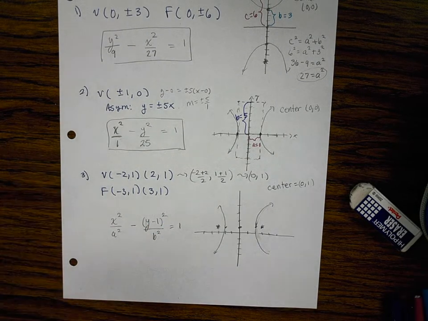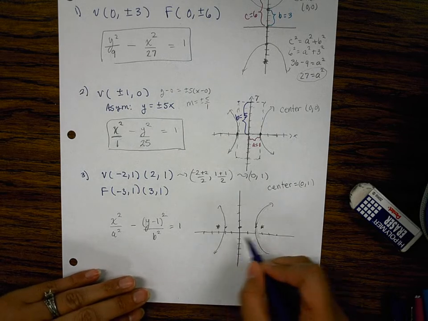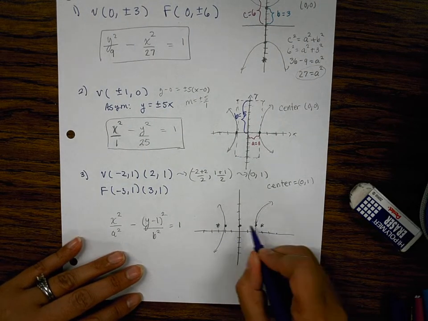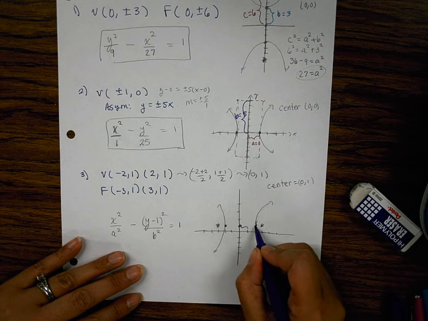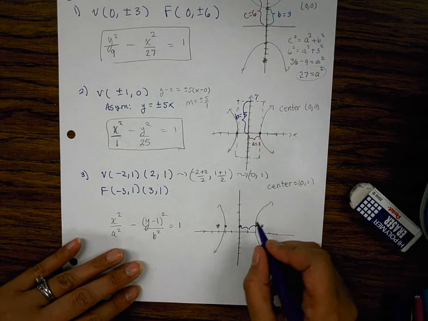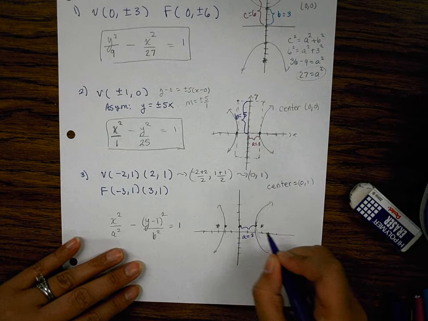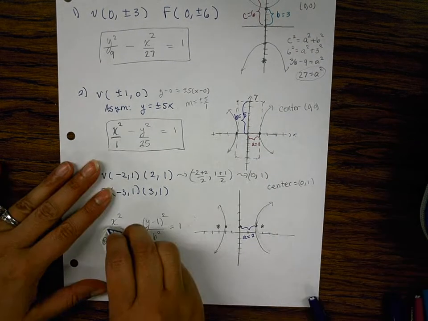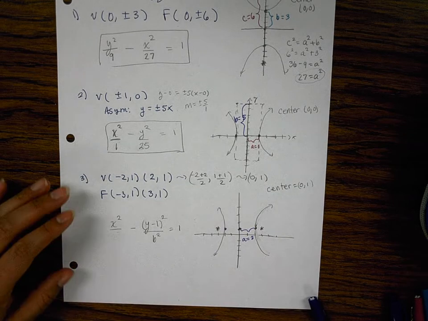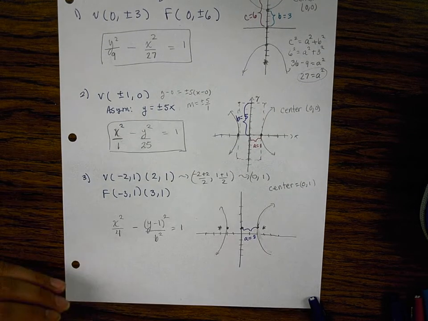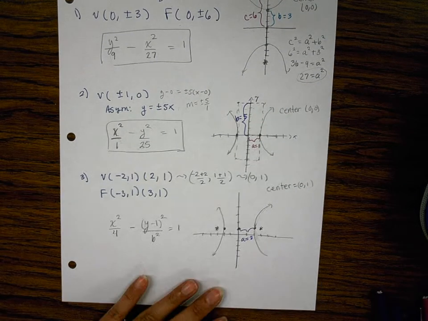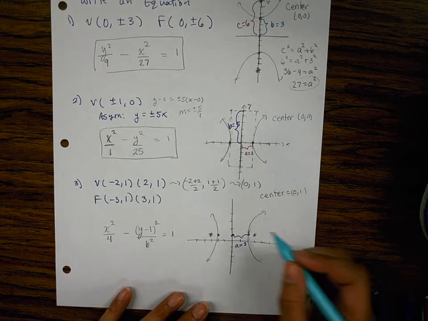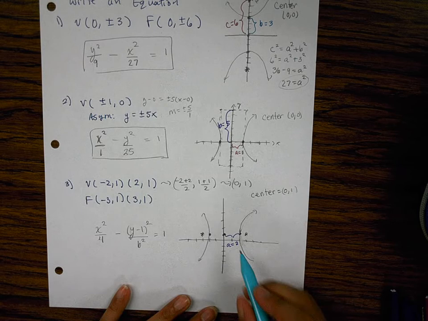Okay, so let's first figure out right and left movement is A, so from my center to either vertex, that length there is 2. Can you see that? A equals 2. So if A is 2, A squared is 4. And then I'm going to use that to find B. So I know B is up and down. I don't know how far up and down I'm going from the center, but I know that A is 2,